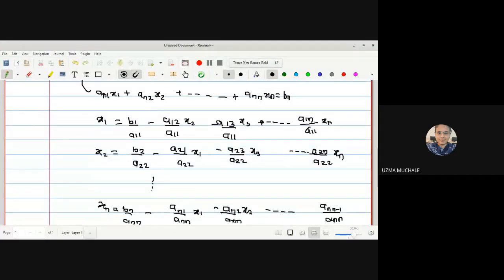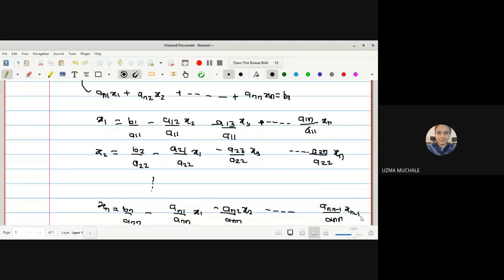Xn minus 1. Okay. Are you getting what we have done? For the first equation, we have divided it by a11, making sure that the coefficient of x1 should not be equal to 0, then only we can divide. And the next, the coefficient of x2, whatever it may be, a22, we have to divide by a22